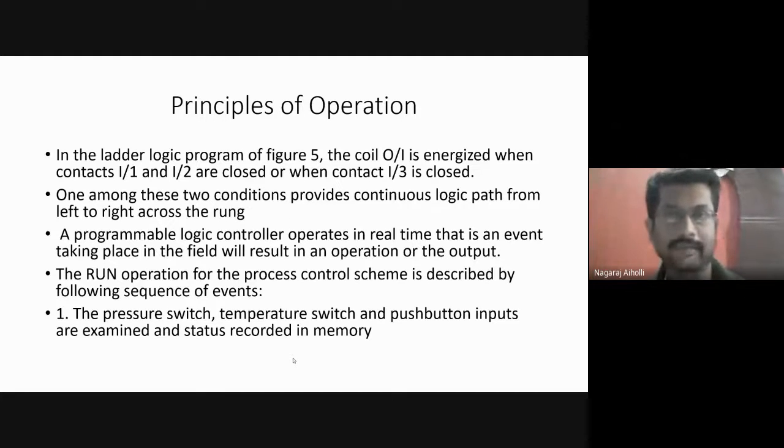On the display, you see how much the variable is, how much voltage is obtained, how much the pressure and temperature are in terms of voltage, and how much it has to be controlled. And what set point value has to be set, so that when it is reached, it has to cut off. It has to stop the operation, or maintain that operation constant. So all this is called real time operation, real time event.